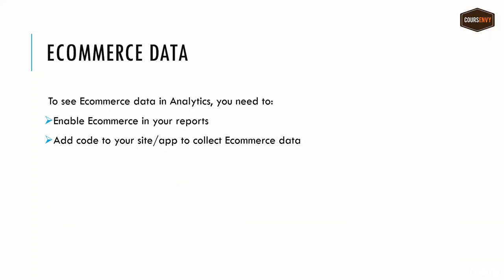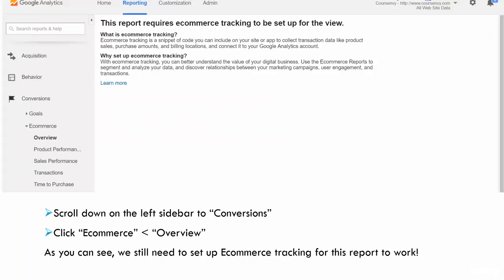Another nice thing about Google Analytics is that it can track e-commerce data. So besides clicks and where the subscribers are going, we can actually see if those clicks led to sales. To see this e-commerce data in Google Analytics, you need to first enable e-commerce in your reports. Secondly, you need to add the code to your site or app to collect the e-commerce data. On that same reporting page of your Google Analytics, scroll down in the left sidebar to Conversions, then click E-commerce, and then you'll see on this overview page, we still need to set up e-commerce tracking for this report